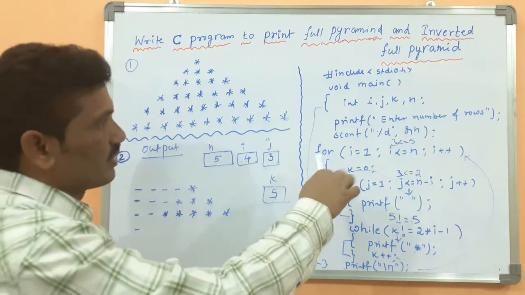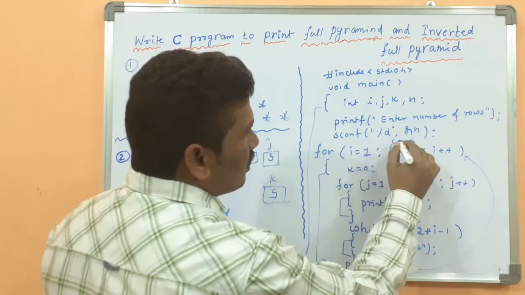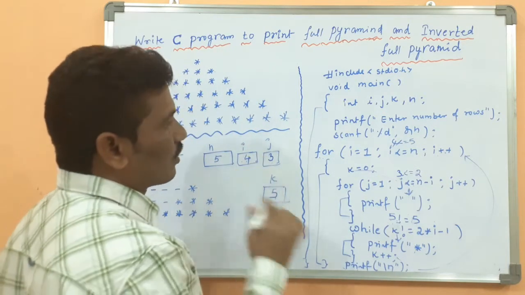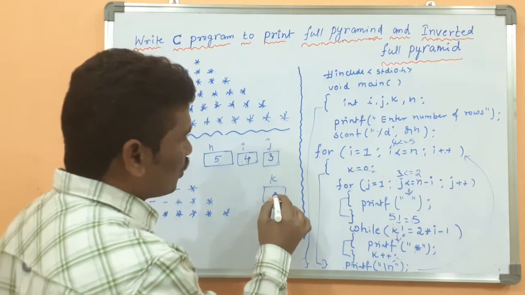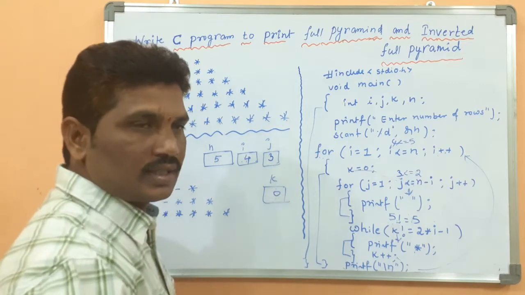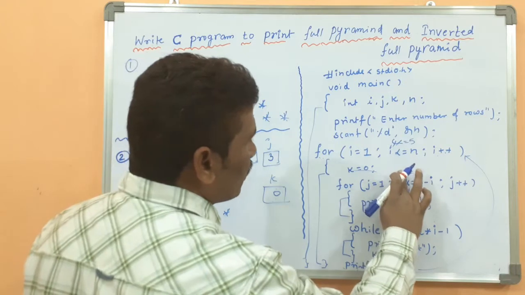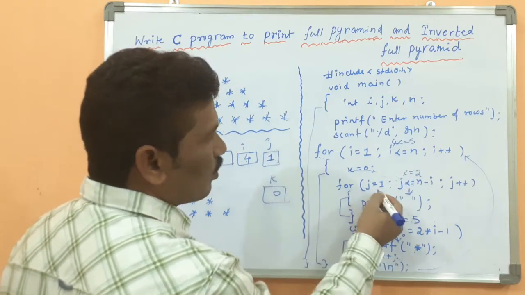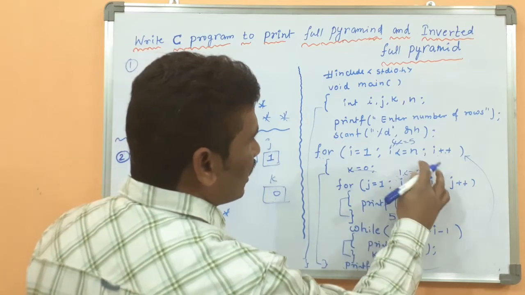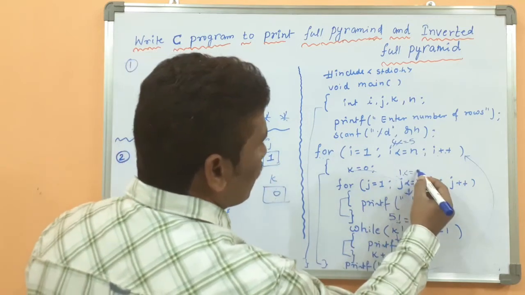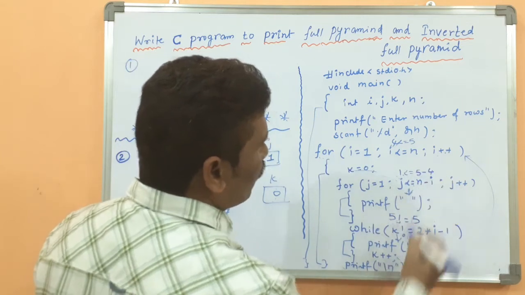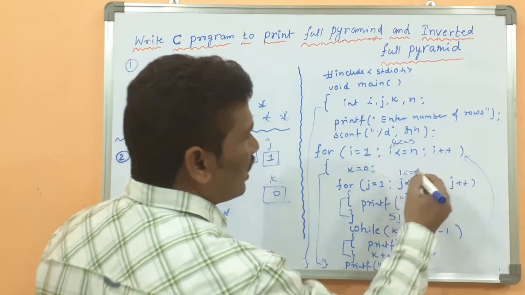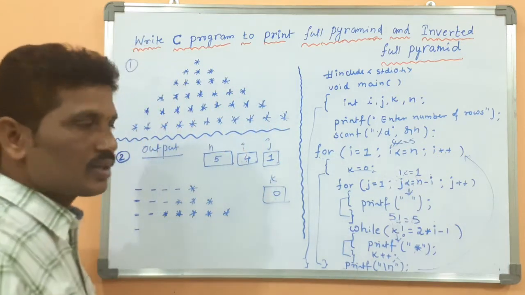Okay, I will explain this one. Then 4 less than or equal to 5, the condition is true. What is I value? 4. Then again k is reset to 0, isn't it? Then here j value is also reset to 1, j equal to 1. Then 1 less than or equal to n value, which becomes what? 5. 5 minus I value 4, because 1 only. 1 less than or equal to 1, the condition returns true.